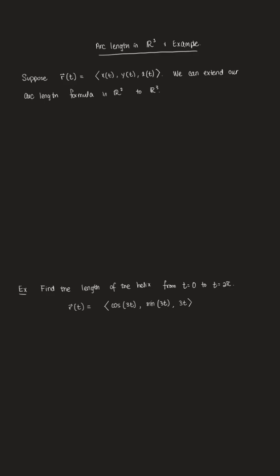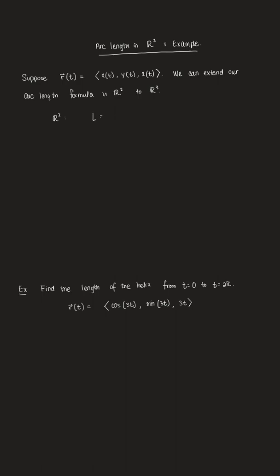Alright, so in the previous video I tried to derive arc length in 2 dimensions for a plane curve, but we can extend this to a space curve as long as the derivatives of our space curve exist and are continuous. So let's suppose that we have r of t equal to x of t, y of t, and z of t. Our arc length formula in R2